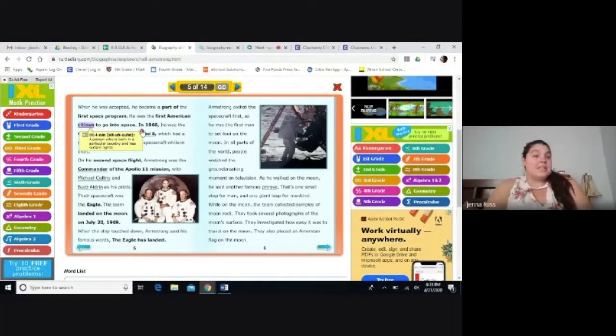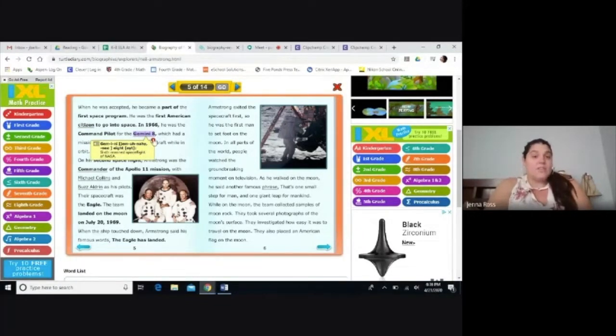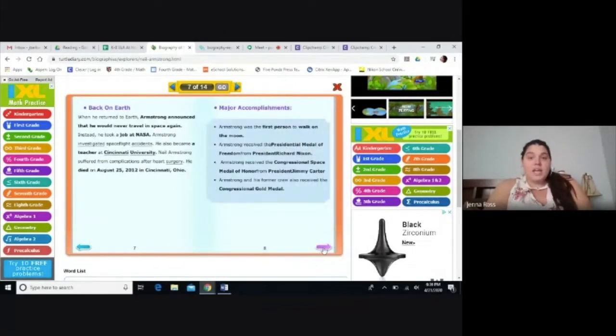So if you don't know what citizen means, it will say the word for you. Yes, it'll say citizen for you if you click on that little microphone or megaphone looking thing. And same thing here. If you click on Gemini 8, it will tell you what Gemini 8 is. So if it's something that's underlined, you can click on it, okay? So that's really awesome. And then you just keep going through and you can read about his accomplishments, and then